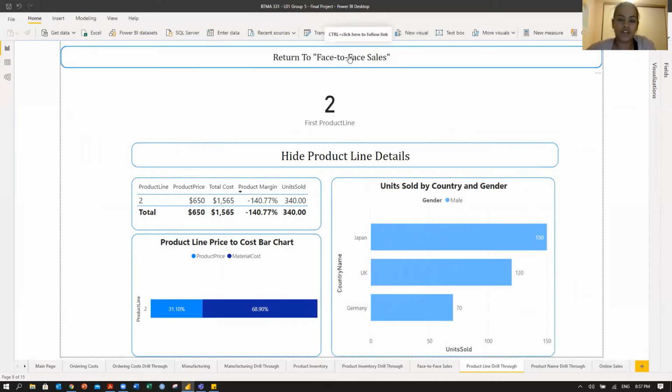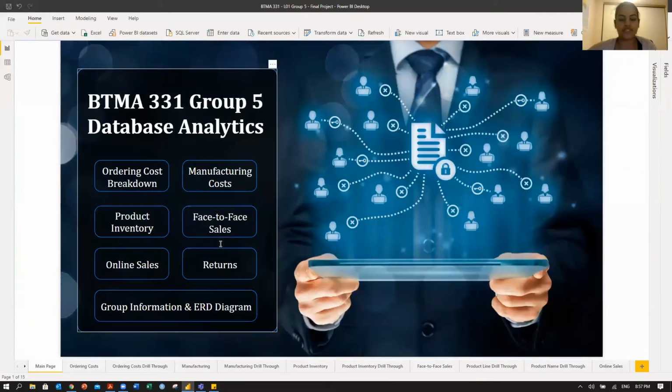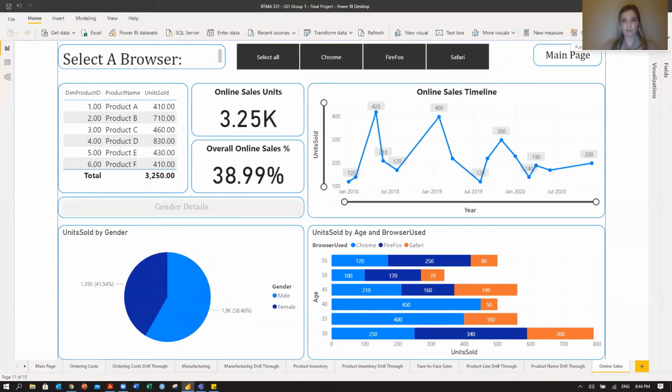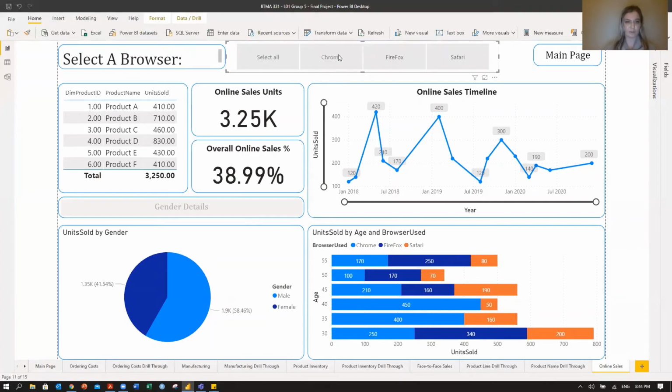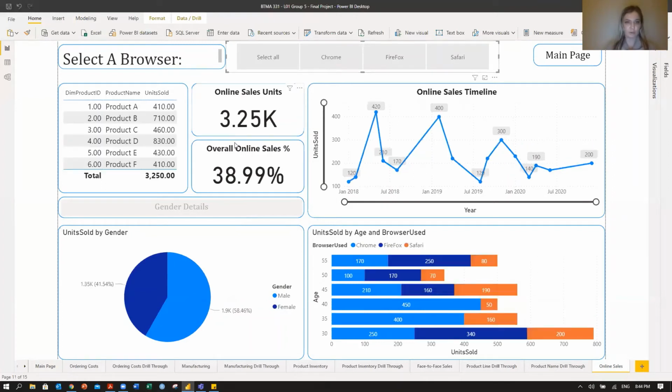Now, moving on to the main page, Sarah will take you through the online sales module. Over to you, Sarah. Okay, thanks, Ananya. So moving into online sales, our key focus was based on how different metrics of online sales vary by browsers. So at the top here, we have a slicer where you can select all browsers, or you can select one browser like Chrome, and it will show you how the count of online sales change, how the percentage of total sales made online changes, as well as a breakdown by individual product, gender, age, and a general timeline of sales